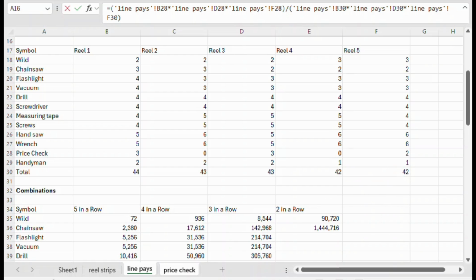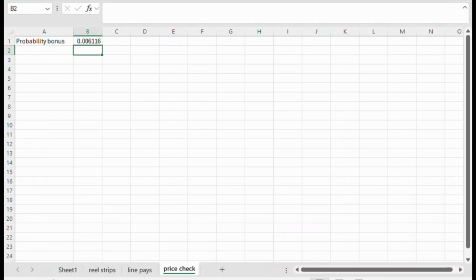Now, I wish to emphasize that the price check symbols can appear anywhere on these reels. And there are 3 visible rows per reel, so these symbols can appear in one of 3 positions on reel 1, 3, and 5. So we need to multiply this probability that I've already done by 3 to the 3rd power, which is 27. So the probability of triggering the bonus is